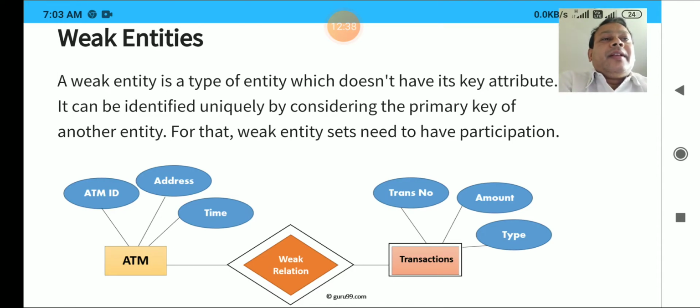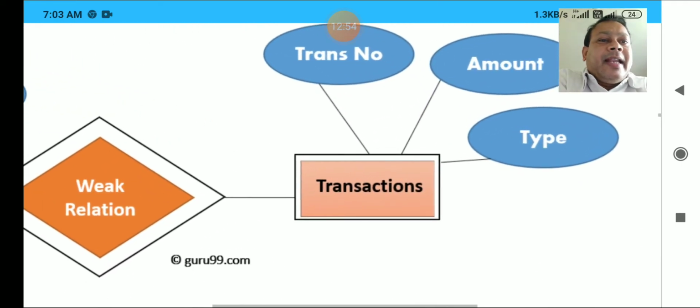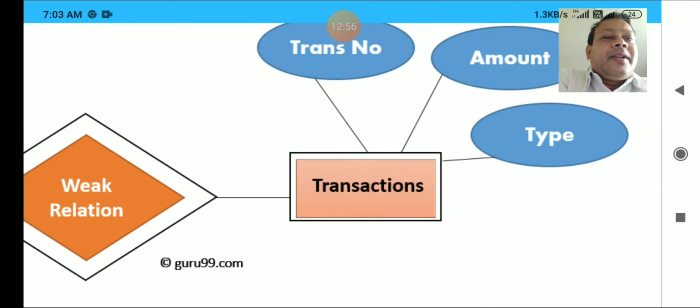Clear? So later on, practically, we are also going to implement this in our lab. So this is a weak entity, and a weak entity is represented by a concentric rectangle. You are able to see this concentric rectangle by the name Transaction. Two rectangles are there, one inside the other.